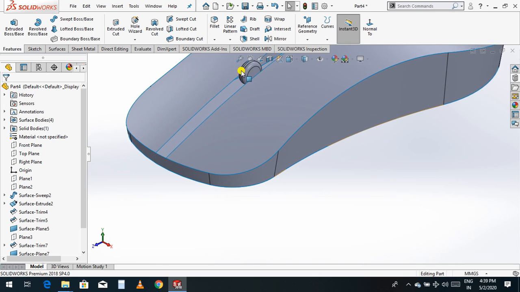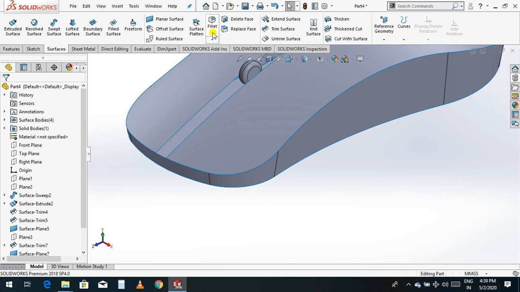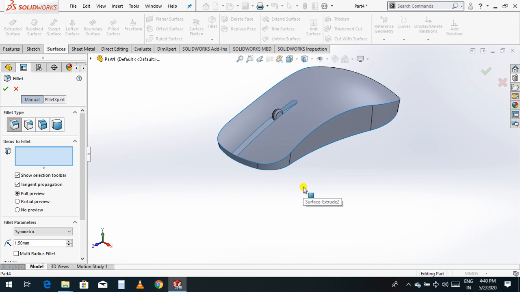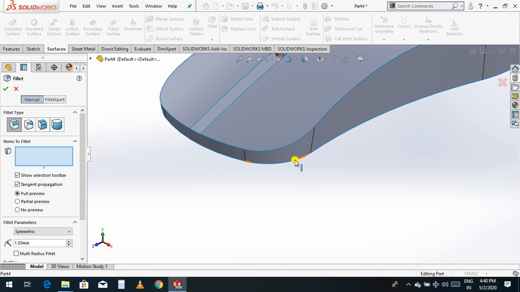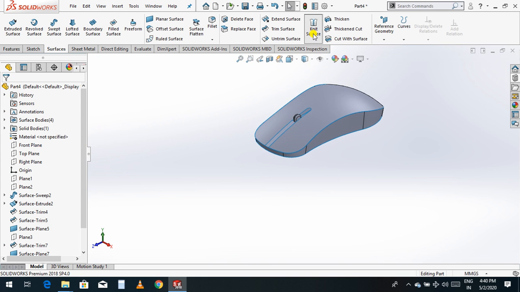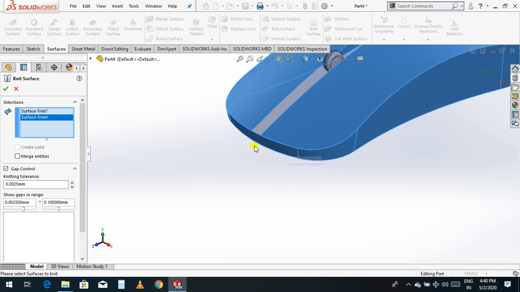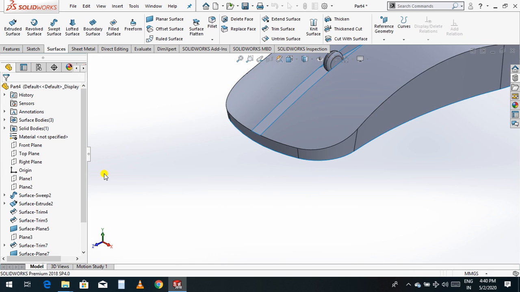Again you just go to surface and use this fillet command and select this edge. Before that, you just use this connect surface and collect all the edges.